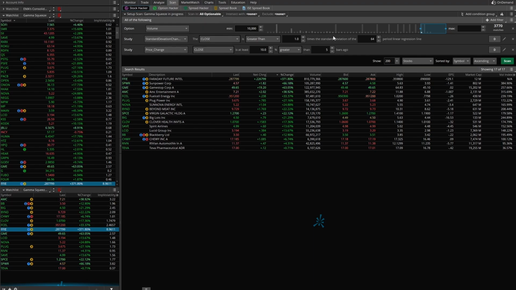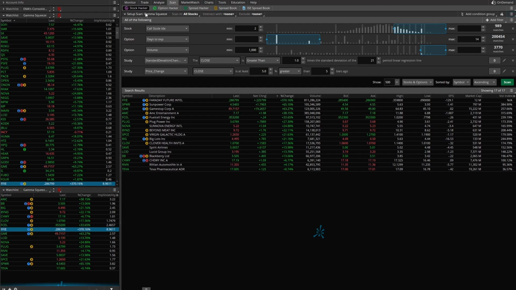So the next scan that I want to show you is something where you'll be able to find these stocks before they hit the news, I feel. And this is it right here. And it's a little bit different. On this one, we're looking at the stock study. We want the call sizzle index is 2. And what this means is we have 2 times the call volume than we have had over the last 5-day